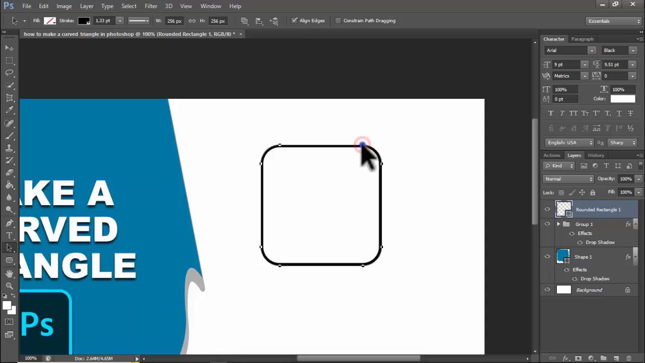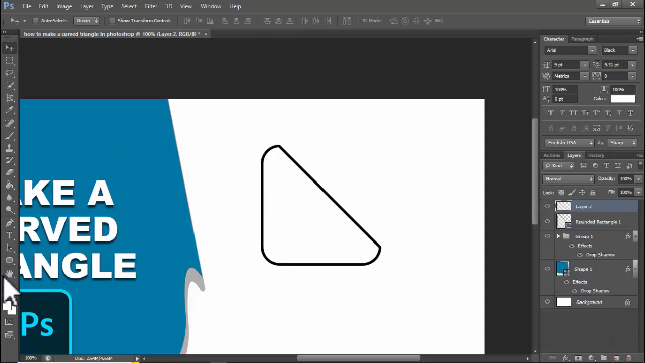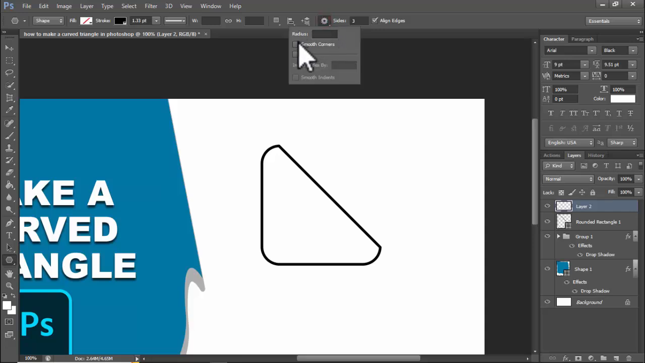and click corner, right click on your mouse, delete anchor point, again right click, delete again anchor point. Okay, and another way, again create a new layer. Okay, then again right click, polygon tool, use 3 slide or 4 slide as you wish. I use 3 slide, smooth corners,